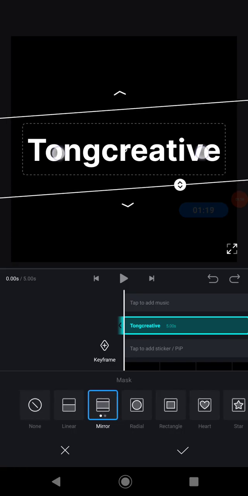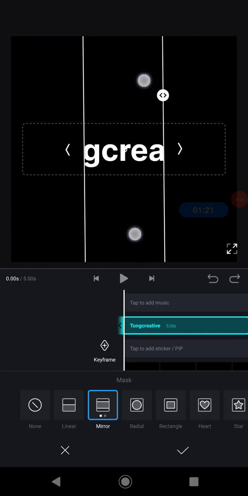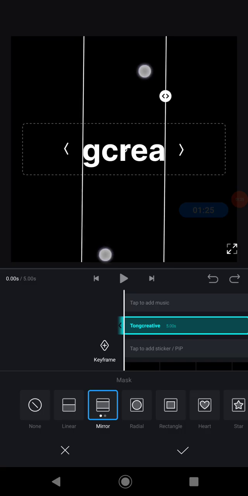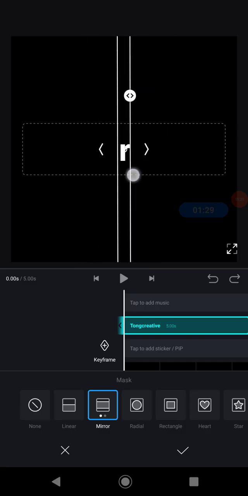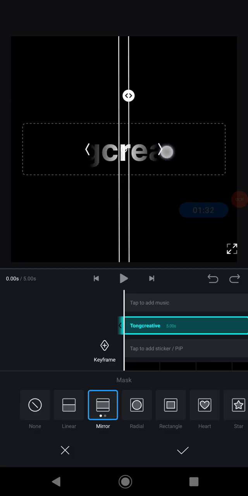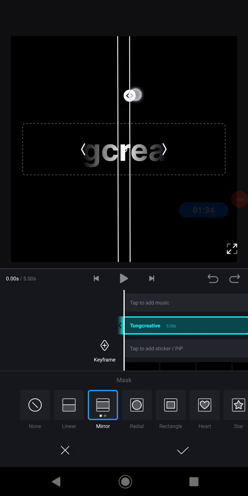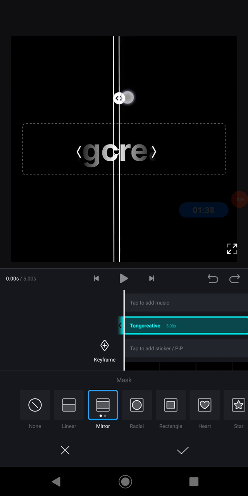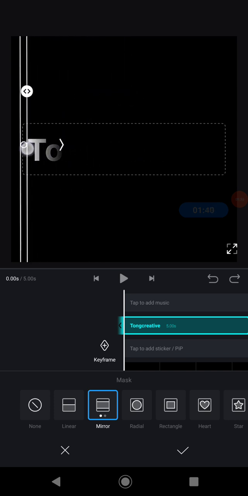And now you need to try to make the mirror mask in a vertical position like this, and adjust the thickness of the mask like this. And now you need to put the mask at the beginning of the text here,